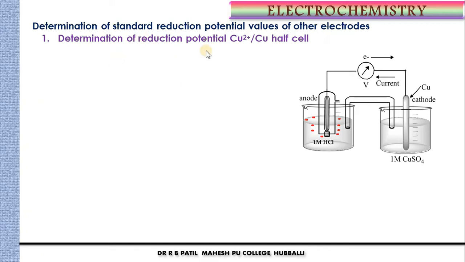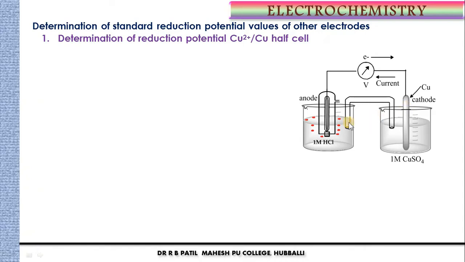Now what we have done here, students, this is our standard hydrogen electrode. It is connected with the copper half cell. So in the copper half cell, we dipped copper electrode in the copper sulfate solution, both connected externally through the voltmeter and internally connected through the salt bridge. Now deflection in the voltmeter indicates the flow of electrons. So electrons flow from standard hydrogen electrode to copper electrode.